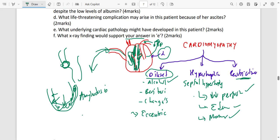Are we okay? So, question F, there's going to be cardiomegaly. Question E, there is dilated cardiomyopathy, which is actually alcoholic cardiomyopathy. And you can see it on the x-ray by seeing a big heart,